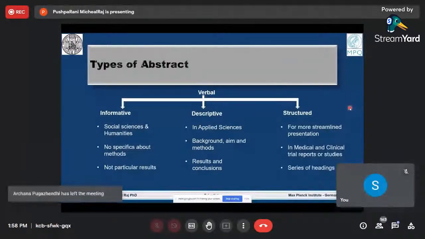We have some cohorts of population which have done some trial studies, for example, cancer sampling. So we do blood sampling. We do not have concrete evidence of anything, but we have to present what we study from a cohort, from a population. So this will have a series of headings. It does not always go through the background, but it has a series of headings: what we did. And we also finally have a conclusion title where we say what we are looking forward to.